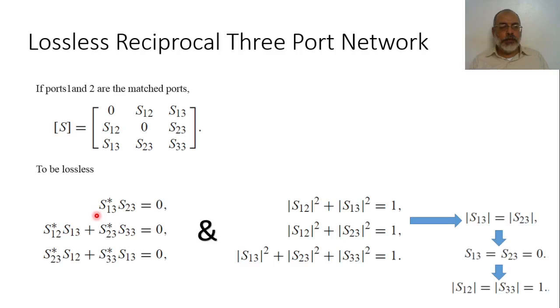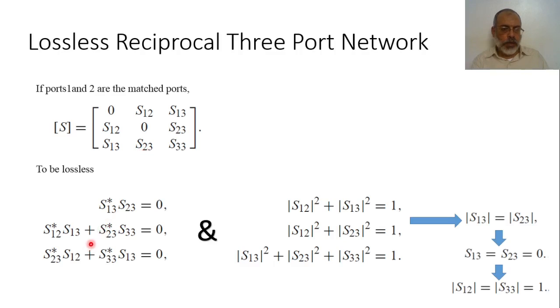The other condition is, if we are talking about the first row, the first row conjugate multiplied by the second row, we can see that S13 conjugate multiplied by S23, and the remaining two terms are 0, so this would be 0. If we multiply the conjugate of the first row with the third row, the first term is 0, S12 conjugate multiplied by S23,